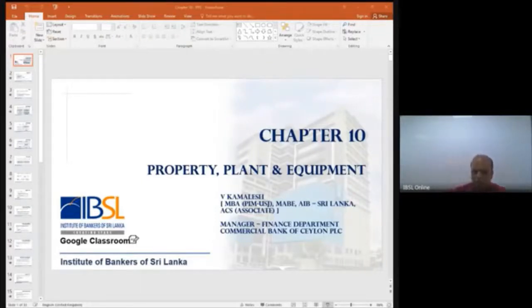And we also looked at the recognition part of it also. Let us now get on with the depreciation part of it, right? So I also explained to you the depreciation policy. So now we look at the depreciation methods, right? So we'll just first run through the theory and then we'll get on with the examples to understand what it is, right? So there are multiple depreciation methods available in the accounting field.